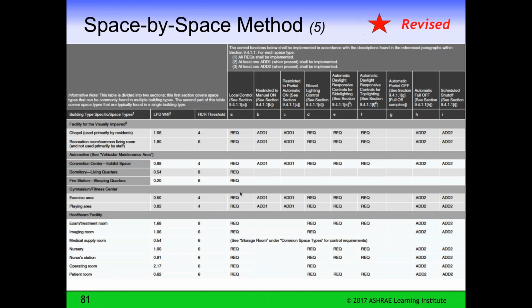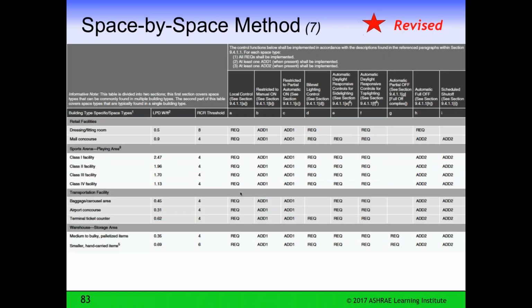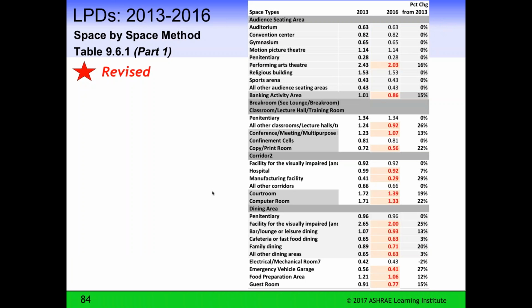There's 7 different tables shown in this presentation, and we're including all of them so you can see what the range of requirements are. It's pretty self-explanatory in how to use this. Now, here is the space-by-space method, the percent improvement or reduction in efficiency from 2013 to 2016, from 15, 13 up to 26, 29%. So substantial reduction in allowable space-by-space installed